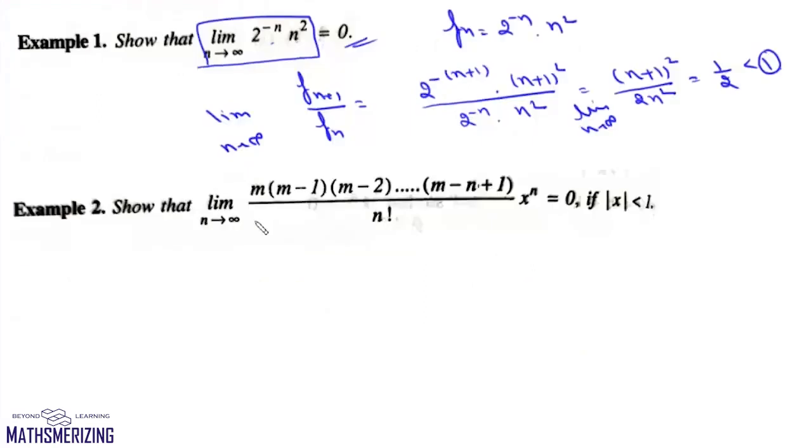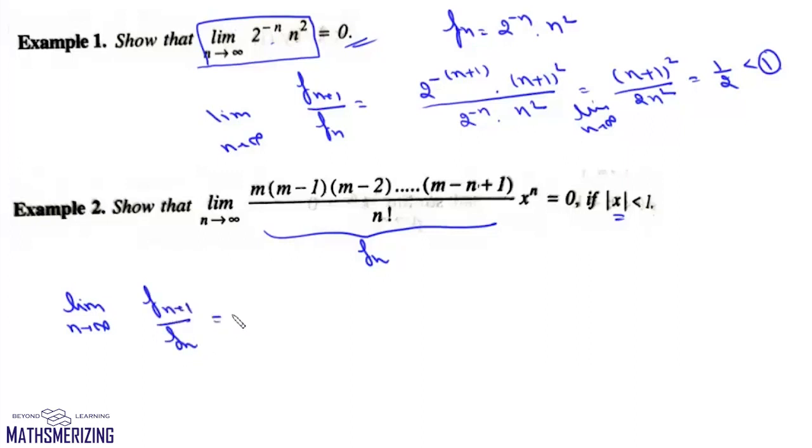Now here the question is, show that this limit n tends to infinity of (m minus 1)(m minus 2) up to (m minus n plus 1) upon factorial n into x to the power n is equal to 0 if mod x is less than 1. Now suppose this is f_n. We'll find this limit n tends to infinity f_{n+1}